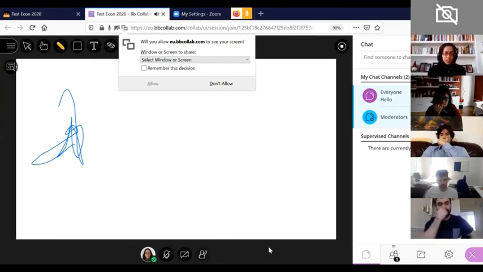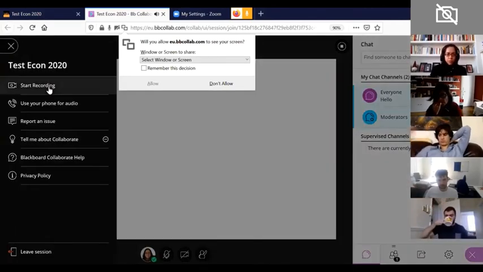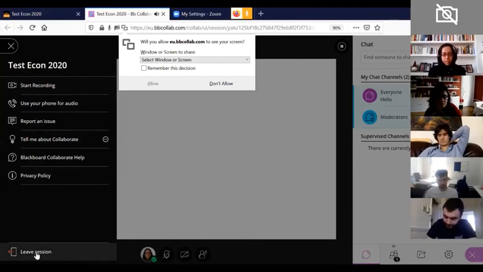So the software packages themselves are very similar. I think they work in kind of the same way. It doesn't really matter. Just make sure that you remember to record when you start, and then come back here and just stop recording when you're done. The bottom is where you leave the session. And once you're done,